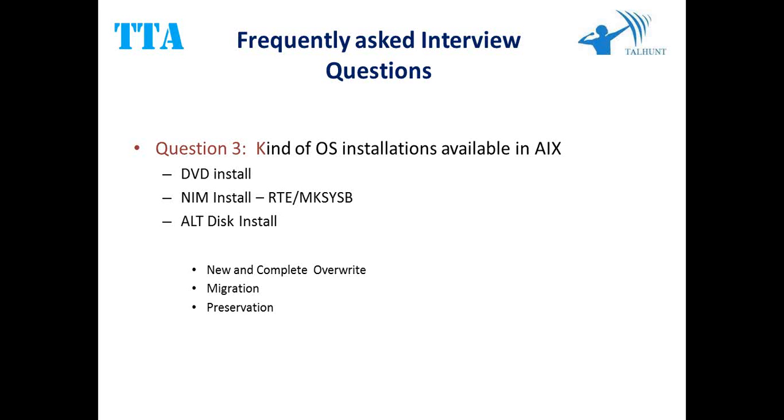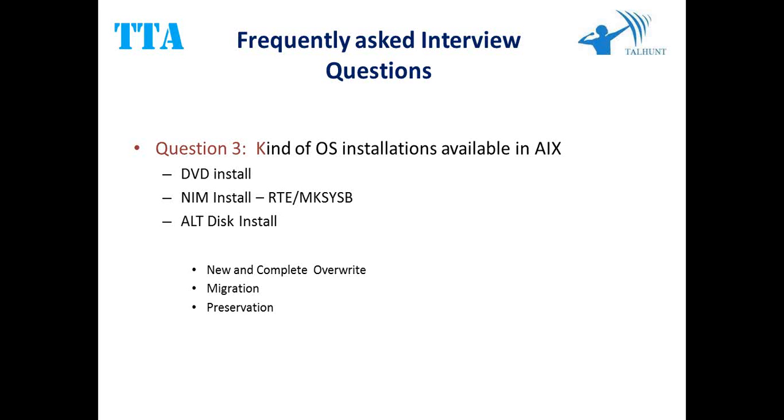And again, there are the methods of installation. One is a new and complete overwrite. This applies to all 3 types of installation, so you can pitch on both. You can say the types of installation are DVD, NIM install, and alternate disk install, where on all these 3 you can do these methods. The methods are new and complete overwrite,